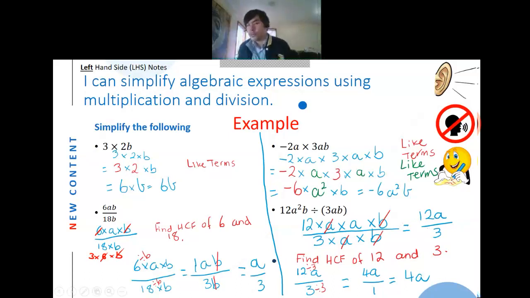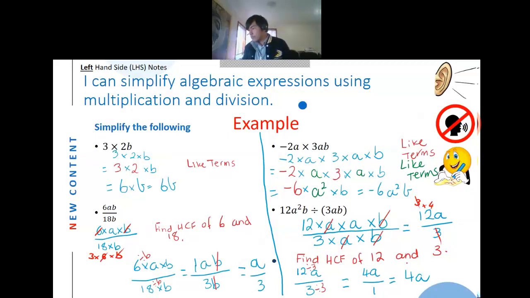Now also, we may notice that, hey, 3 can go into both of these. 3 can go into 12 and 3. Okay, so, well, 12 is 3 times 4. Okay, so if we cancel this 3 as well, what we would have left is